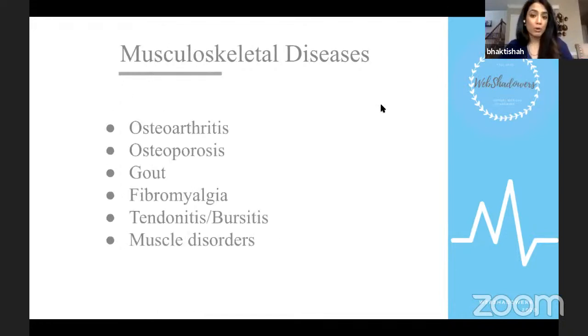But we don't only treat autoimmune diseases, we also treat musculoskeletal conditions. So this includes osteoarthritis, which is the most common form of arthritis that we see, that our grandparents have when they have pain in their hands, their knees, their back. Osteoporosis, which is a weakening of the bones, they become less dense. Gout, fibromyalgia, which is more of a chronic pain condition that rheumatologists end up diagnosing because, again, patients have musculoskeletal symptoms. Tendinitis, bursitis, and many other muscle disorders are also managed and diagnosed by rheumatologists.